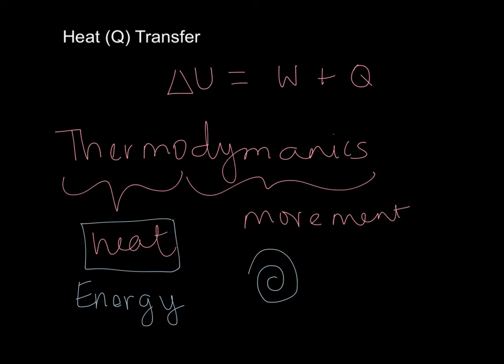So at this point, I just wanted to lay that out there so you can get an idea that we're talking about the movement of energy, and here specifically the random movement of energy. Because if you remember, for thermodynamics, work is orderly, it's ordered, and Q, or heat, is random. But both of those forms of energy, both an ordered transfer of energy and a random transfer of energy, result in the change of the internal energy or state of a system. So let's look at our three different methods of heat transfer. We'll start with our first one, which is heat conduction. Let's go to a new slide.